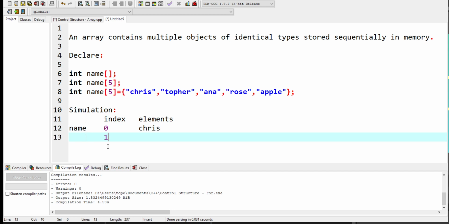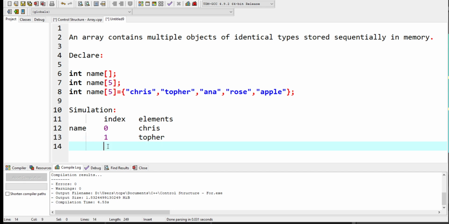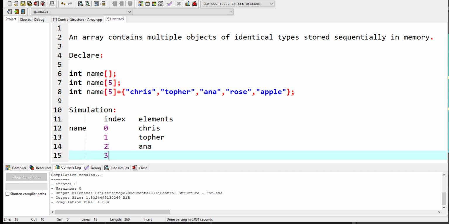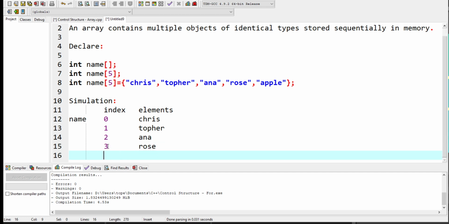Our index 1 contains Topher. Next, 2 Anna, next 3 Rose, 4